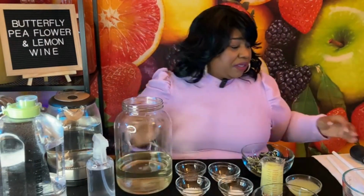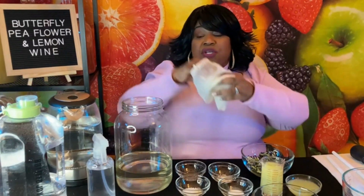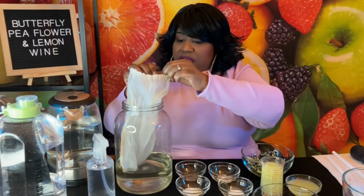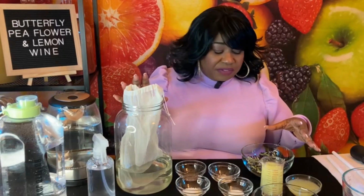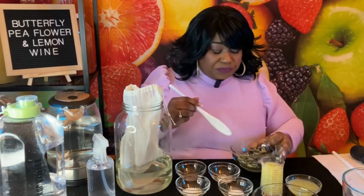It's not that many. Now we're going to get our straining bag, and because we're only working with the peels, some juice, and some flower petals, we really don't need a very big straining bag. This one doesn't really even close around the whole side of the vessel. So I'm going to use my smaller